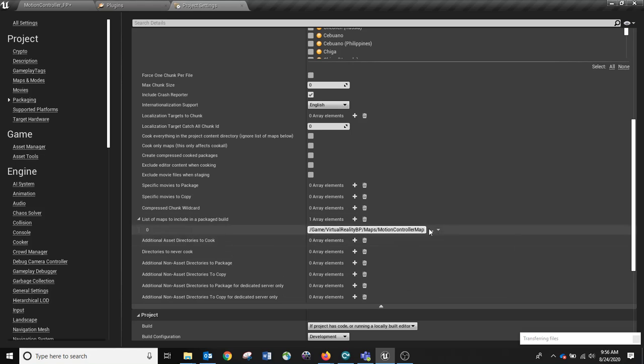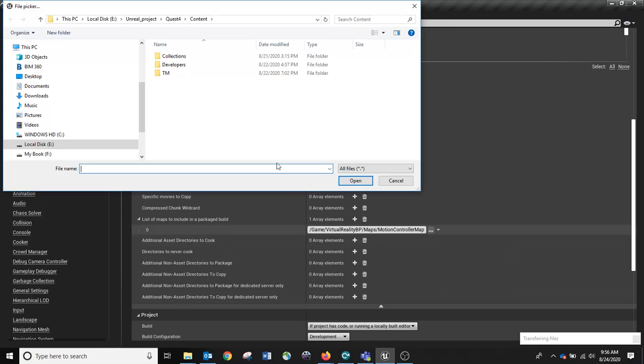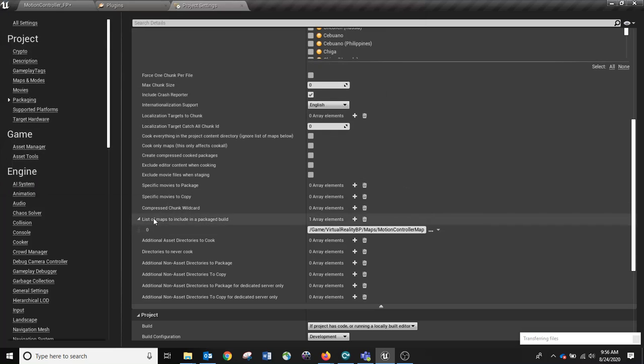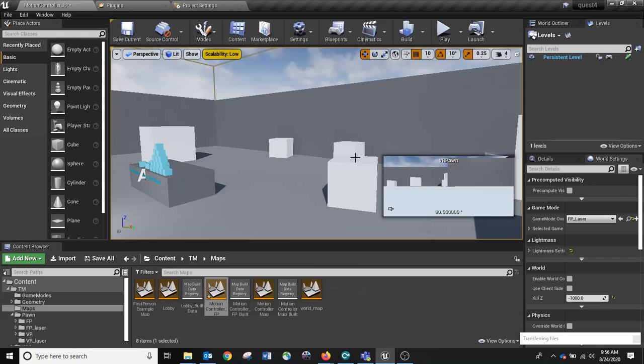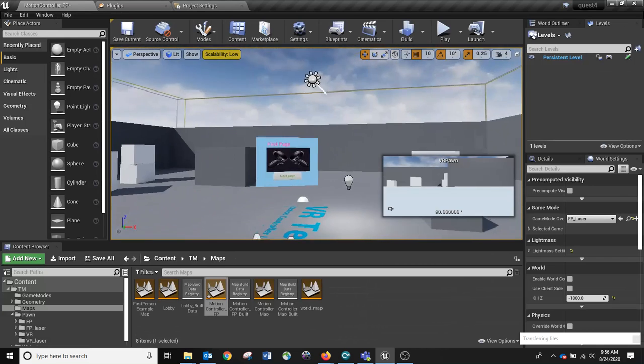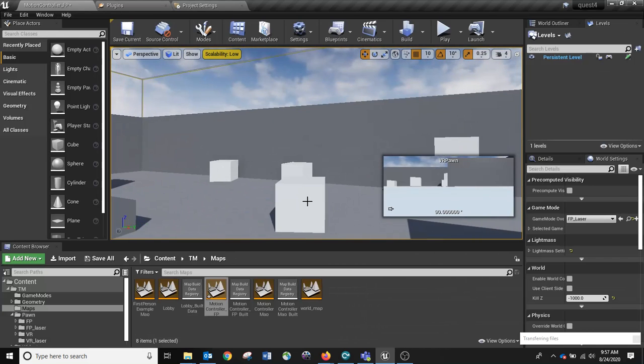This will force the packaging to not missing or point to the wrong map. So just make sure, this is something I usually do, under the project packaging and the list of maps include into a package build. Okay, I think that's it about the whole process, how to publish a project from Unreal into Quest